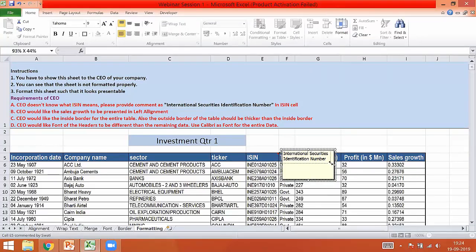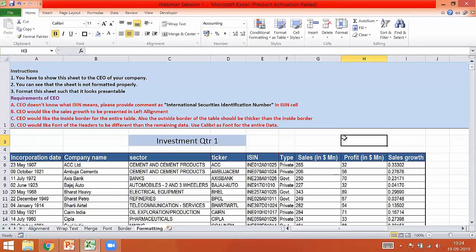I'm just adjusting it and it will just appear. So this comment is not going to be visible. It will be visible only when you hover on that particular cell. So you don't want unnecessary data getting cluttered under the headers. So what you can do is you can insert comments and make it even more presentable.